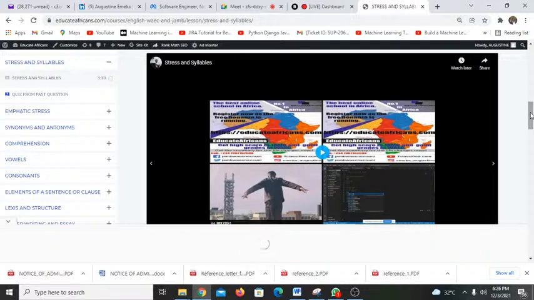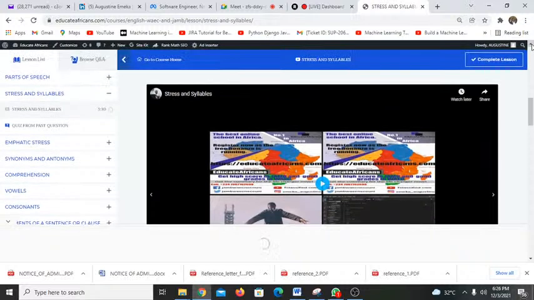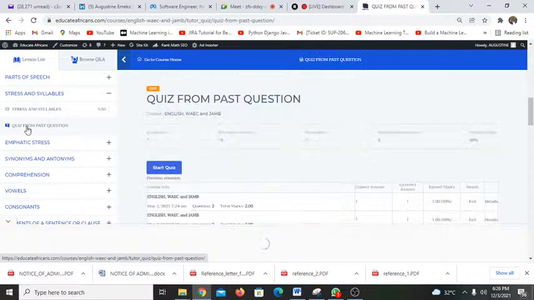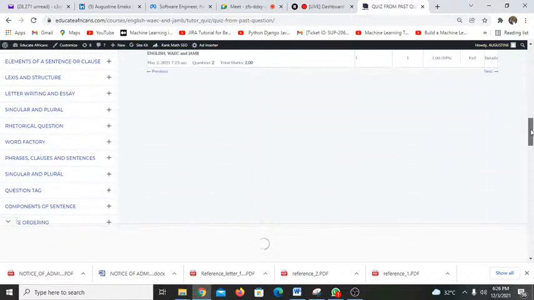Okay, so we checked out what syllables are, and we said that syllables are very, very important whenever you want to do stress. So that's an instance of what we can look at. We're still exploring the learning resources that we are using.